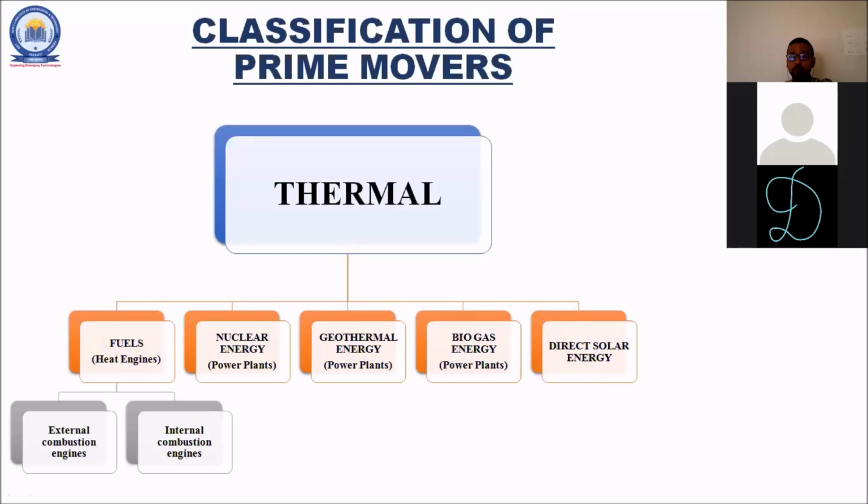So friends, I hope you are getting the points which I am explaining in the session of the prime mover. Please give me your reply in the chat box that you are understanding the points which I am explaining. The classification of the prime movers is of two types, the thermal and the non-thermal. Very good. I am getting some good responses from the good students. Very good. Thank you all. So I think the discussion related to the thermal category is clear to the majority of the students.